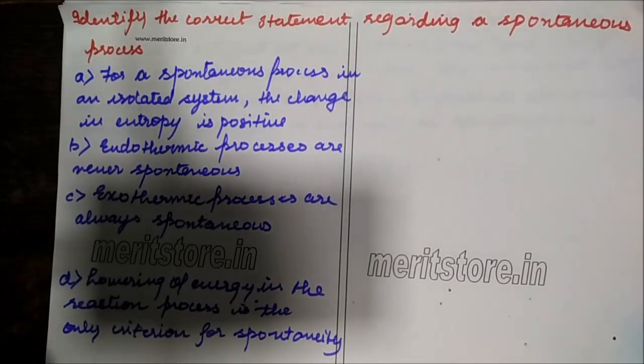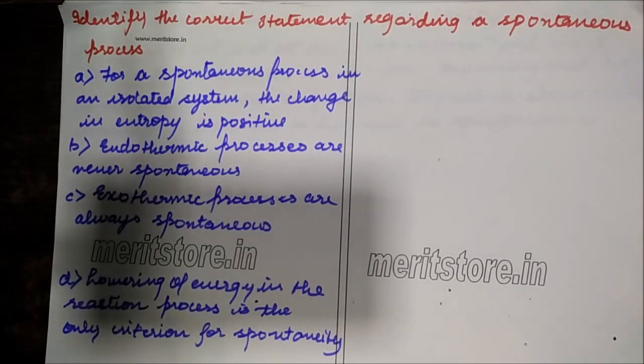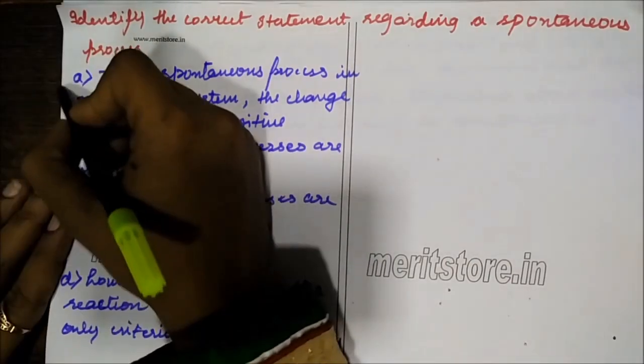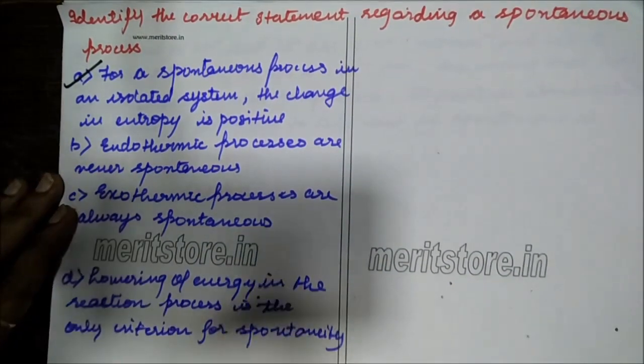Identify the correct statements regarding a spontaneous process. For a spontaneous process in an isolated system, the change in entropy is positive, is correct. So the first statement only is correct. Next is,